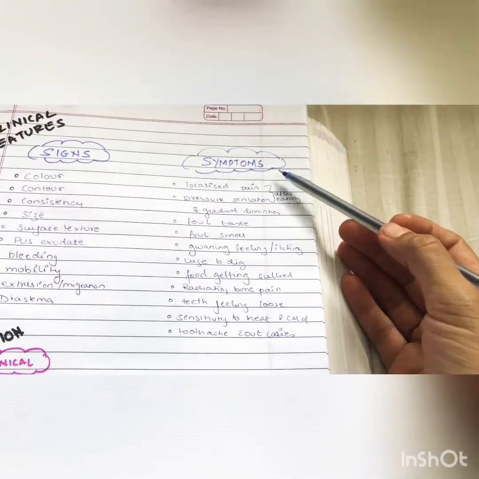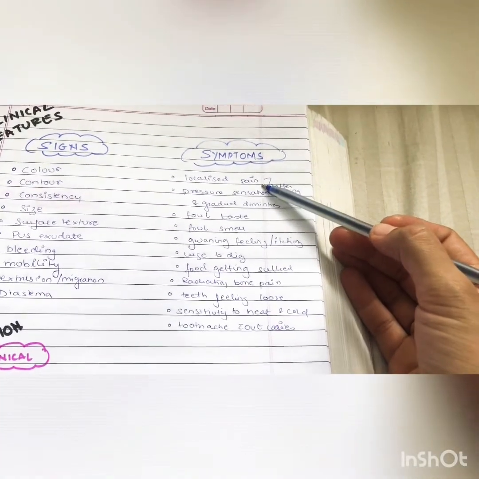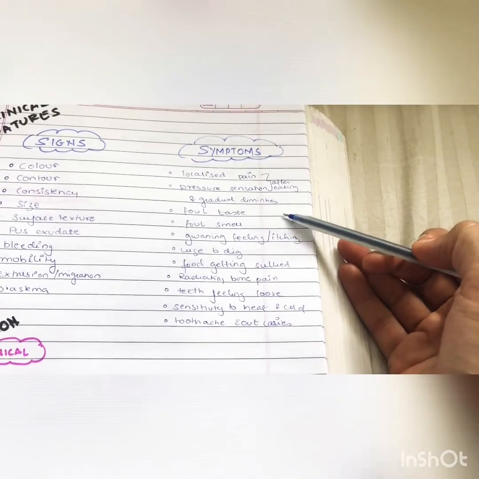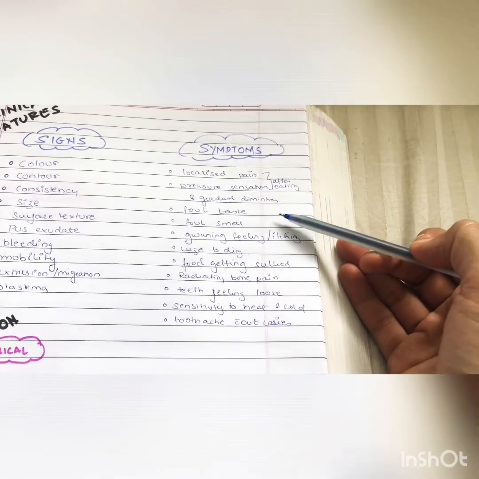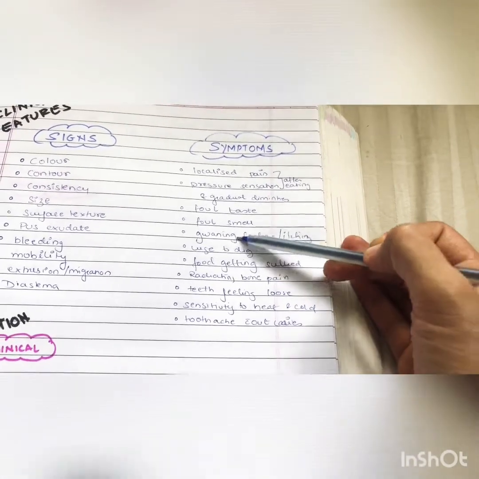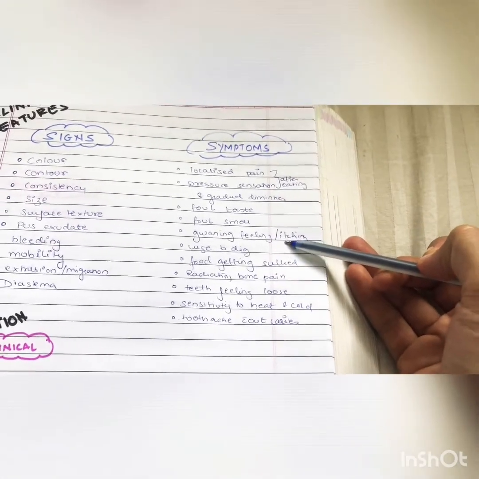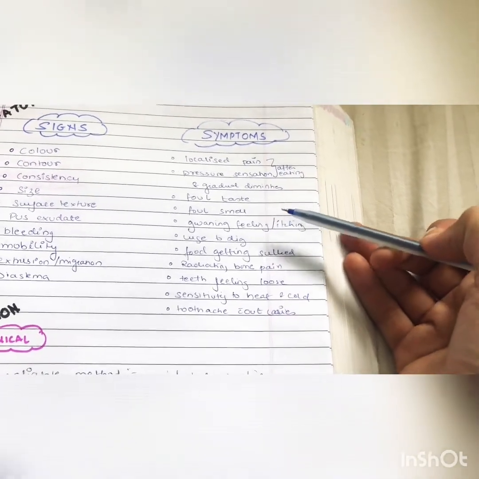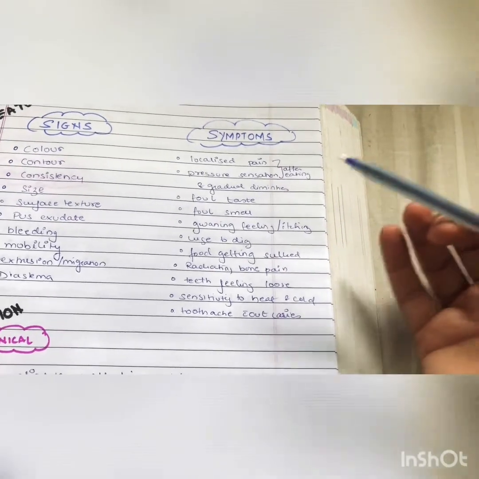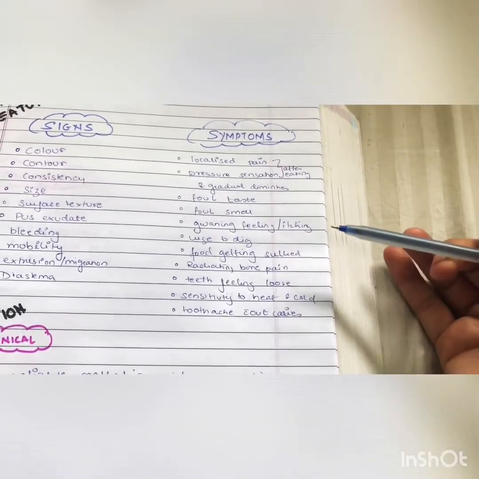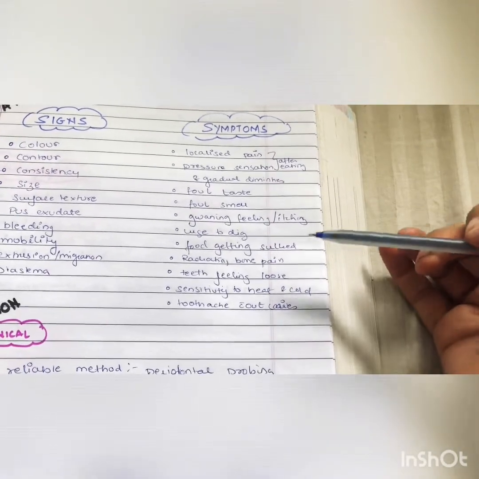About the symptoms of periodontal pocket, there is localized pain or a sensation of pressure after eating food, and it gradually diminishes. Because of the food getting stuck in the pocket area, there can be foul taste and smell, gnawing feeling or itching feeling in the gingiva, and there is an urge to dig. So the patient complains of taking a sharp instrument and inserting into the interdental gingiva till the area starts bleeding. Once it starts bleeding, the pain is relieved.